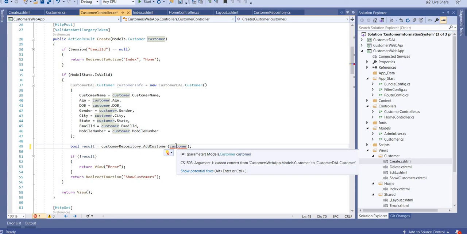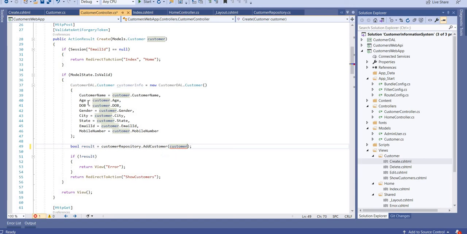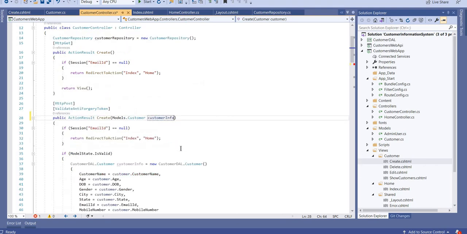This add customer will only take the data from the customer which belongs to its area, that is the data access layer. That's why it is saying it cannot convert customer from the model to customer from the DAL. That's why we have to do this conversion here. Once we do this conversion, then we send it.